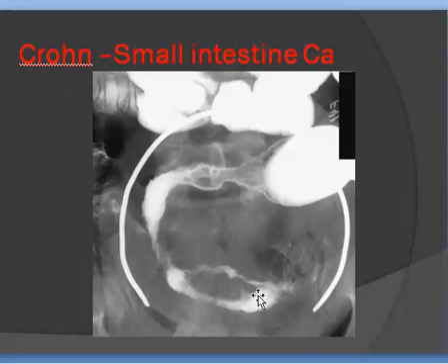This is a large mass within one of the ileal loops, and the ileal loop is irregularly involved. Some are normal caliber, some are narrowed, and we have the mass, and then we have irregularity. This is the typical appearance of Crohn's. Crohn's is a disease which can affect one side of the loop, sparing the opposite side, and it is essentially formed of nodules, irregularity, submucosal ulcers, pseudopolypi, and it may be complicated with carcinoma